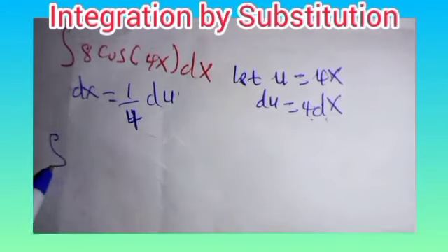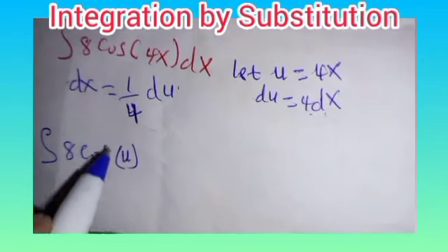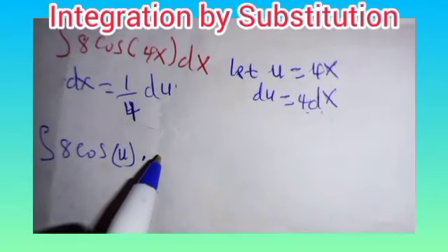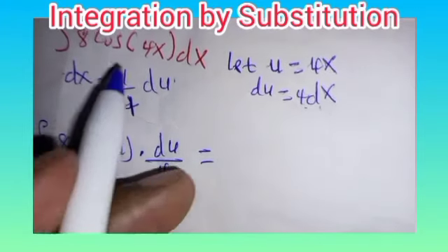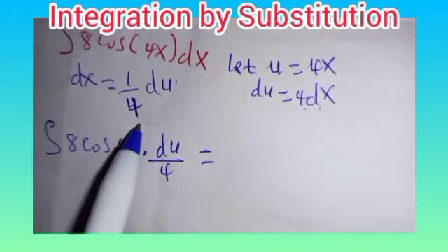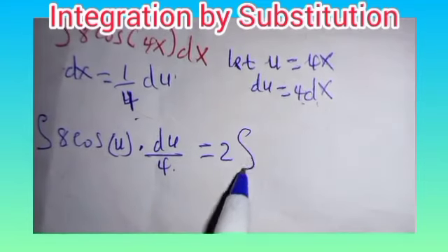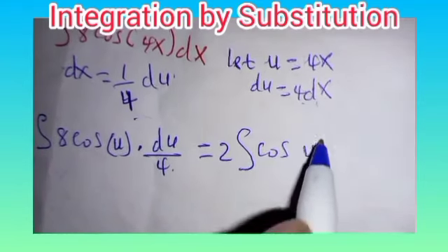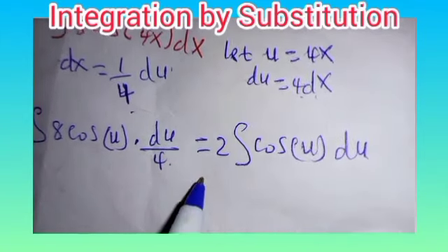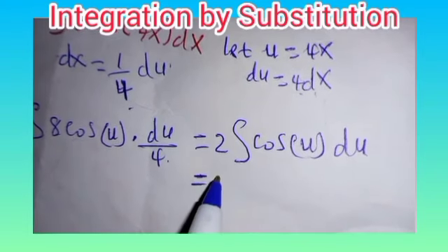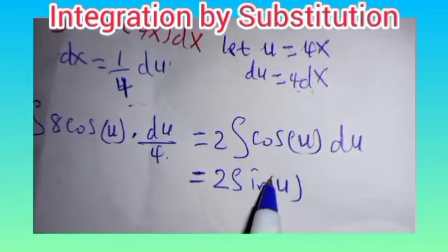So the integral of 8 cos of u multiplied by du over 4, which is equal to, substituting instead of dx, 1 over 4 du. So by 4 you have 2, and the 2 can come outside the integral sign, cos of u du. Now when you integrate cos of u, the result will be 2 multiplied by sine of u plus constant c,